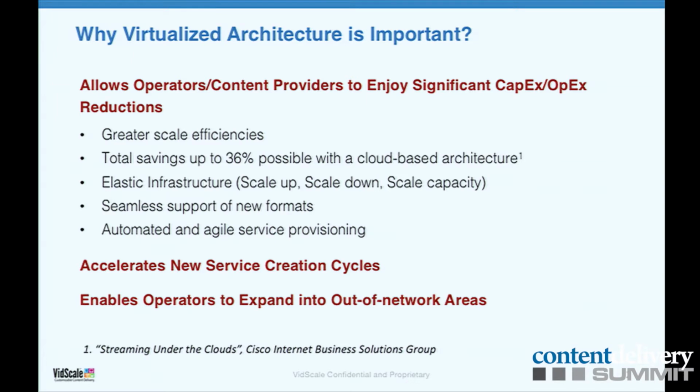The scale, the efficiency, you don't need the capacity 24/7. You have peaks, valleys. You're trying to optimize your network for how you're using the capacity, right? And we just had someone from Amazon talking about how do you handle a 20x spike. So maybe Amazon can handle your capacity, but maybe you need Amazon and 3 other guys depending on which region you want to handle that spike in, depending on what the cost is. So thinking about taking a CDN and virtualizing it is a natural progression for everyone in this industry.